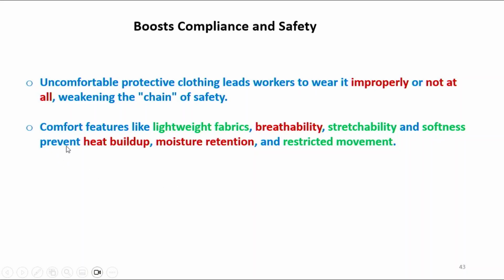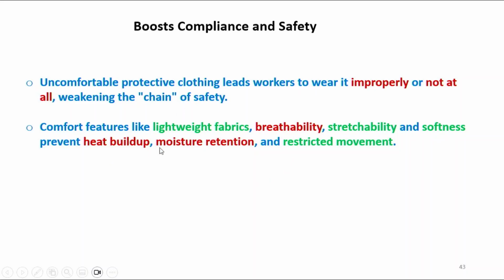The comfort features like lightweight fabrics, breathability, stretchability, and softness prevent heat buildup, moisture retention, and restricted movement. It should be lightweight, breathable, stretchable, and soft, and it should prevent heat buildup, so heat moves from the human body to the environment.